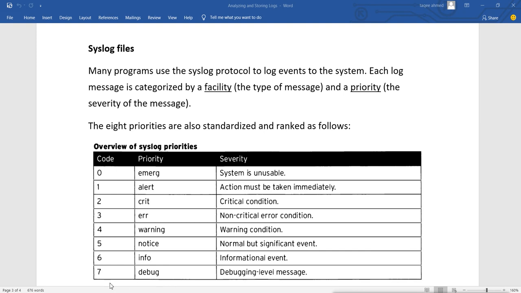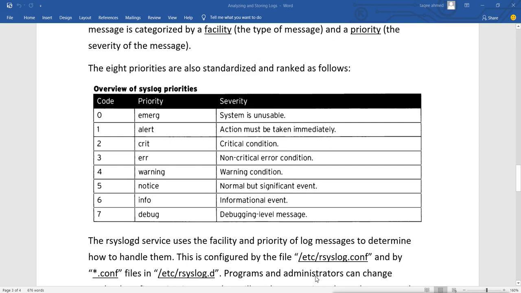Then 7 is debug, debugging level messages. When we do debugging, the messages the process generates get the priority of debug. So these are the priorities of the messages we have, and facility means the type of messages we have.